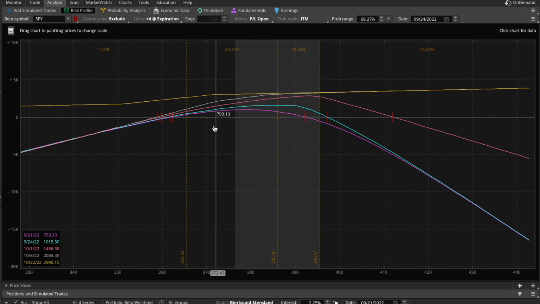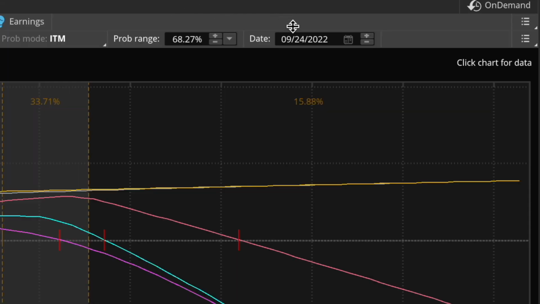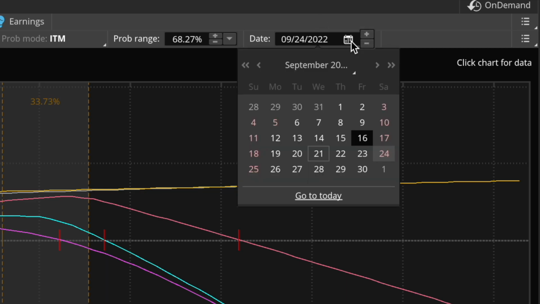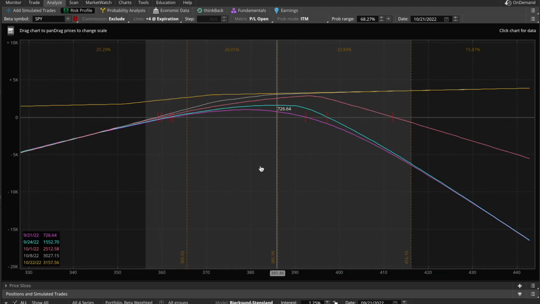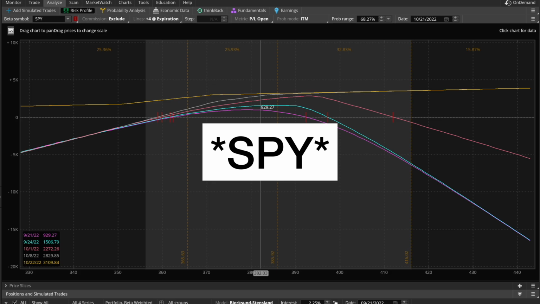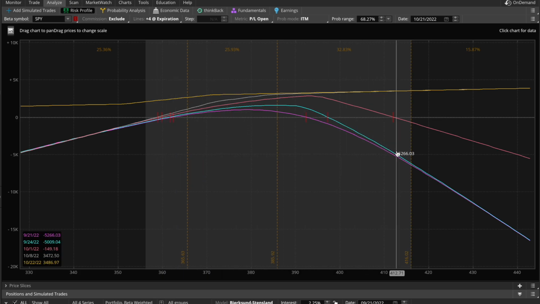And then of course, based on all that, I can see where my portfolio is going to make money or lose money based on those different expirations. And then also if I wanted to change this light gray area, which right now shows you a 1 standard deviation range based on the September 24th date, I can also change that as well. So if I want to see 1 standard deviation based on my October 21st expiration for my new Apple trades, I'll go to October and then October 21st. And there you go. So now by that date, Apple could be anywhere in this range with about a 68%